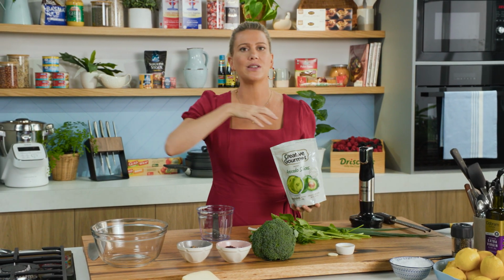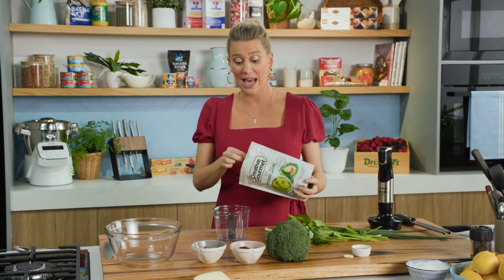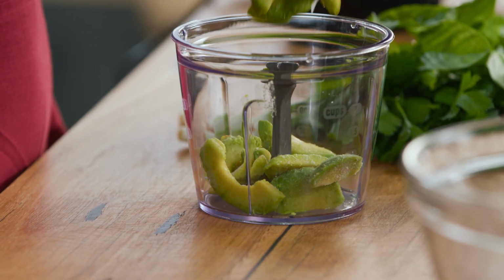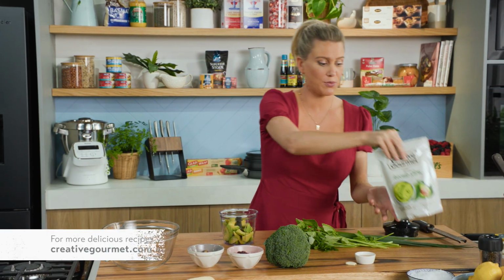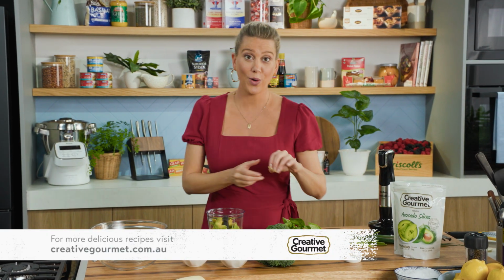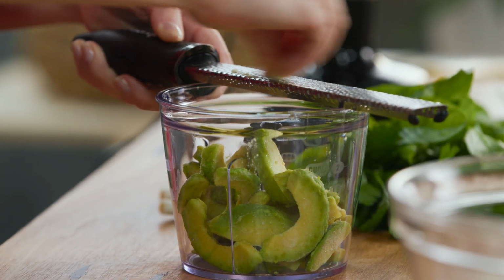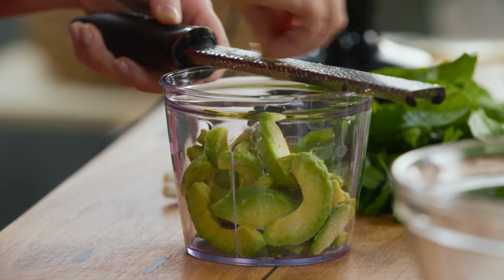Now, when avocado is not in season or really expensive, this is a fantastic substitute to have on standby. I've just defrosted it slightly and you can see they keep their vibrant green colour. I'm going to add half a packet to my small food processor, along with some garlic, just half a clove of garlic for this dressing. I don't want it to overpower, and give that a fine grate so we don't get big chunks of garlic